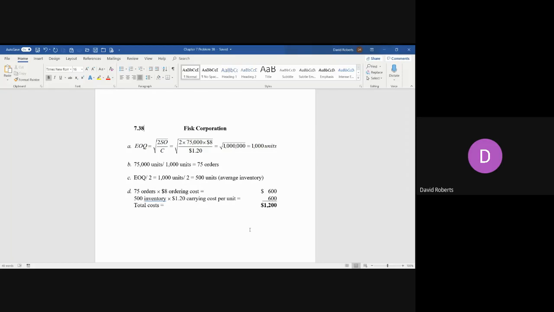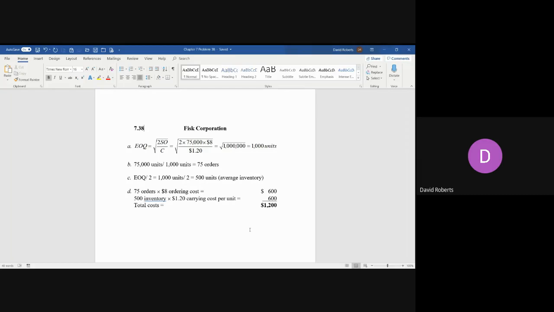Just like if you went grocery shopping every morning, you'd have basically no inventory at the end of the day if you just bought enough food for the day, but you'd be going to the grocery store and driving there and wearing out your vehicle or paying for public transit. So they go in opposite directions. Where the two costs intersect, the ordering costs and the carrying costs, is the optimal point. That point is every time I go to buy these units or make these units, I would have 1,000